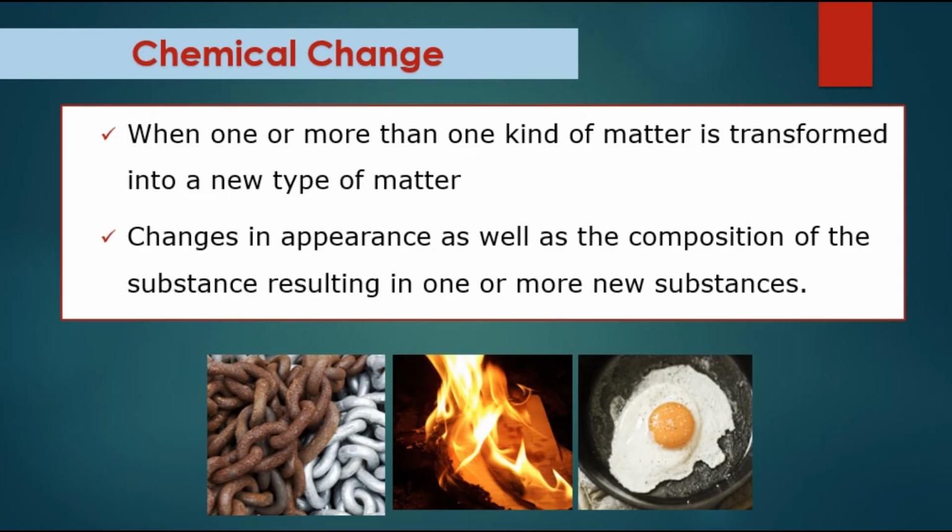Now let's move on to chemical change. So chemical change is when one or more than one kind of matter is transformed into a new type of matter. So changes in appearance as well as the composition of the substance, resulting in one or more new substances. So chemical change, class, happens if there is a change in the chemical composition, if there is a change within not only the appearance but also the chemical makeup or the composition of a matter or a certain object or